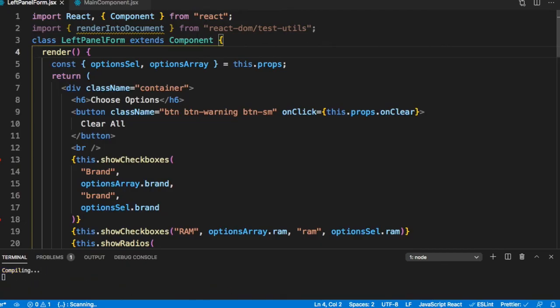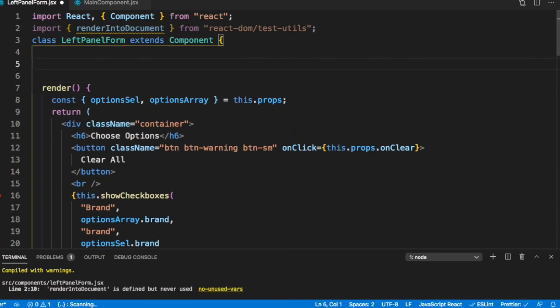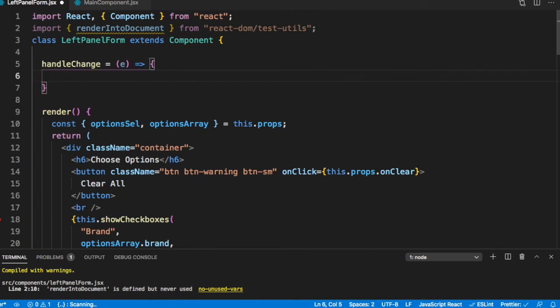So now let's define our handle change. So let's just start writing it. Handle change is equal to E. It gets the event. Now in this case, we are not using a state because we're not storing anything.